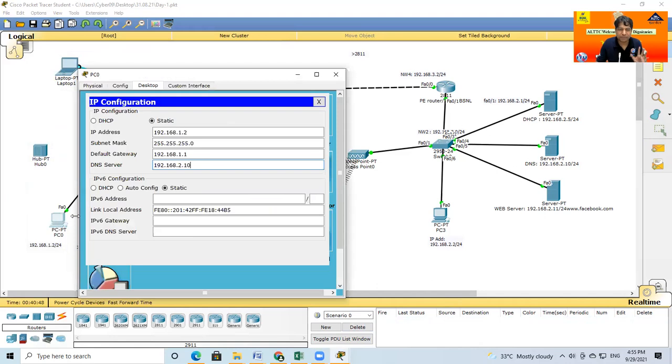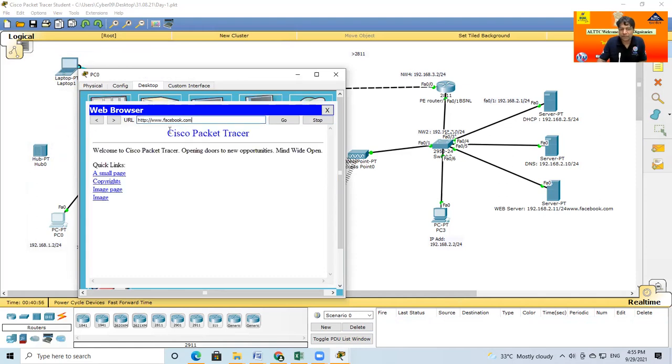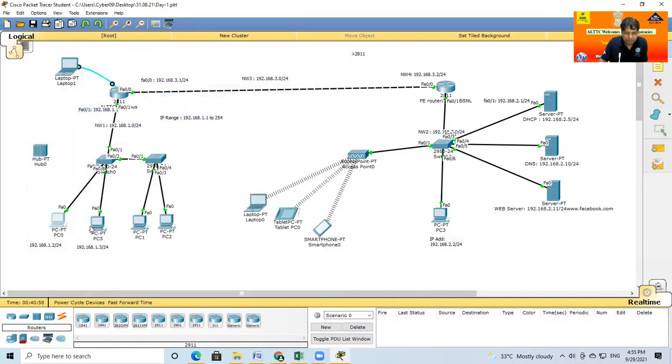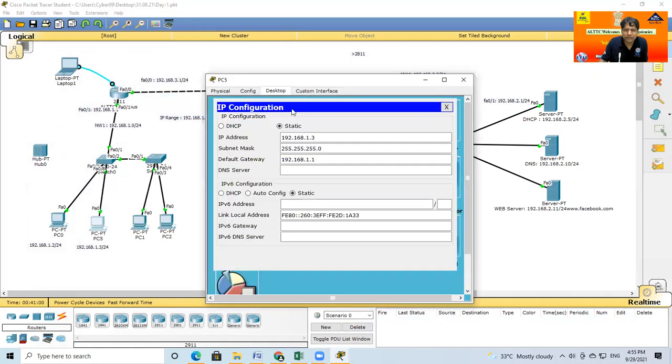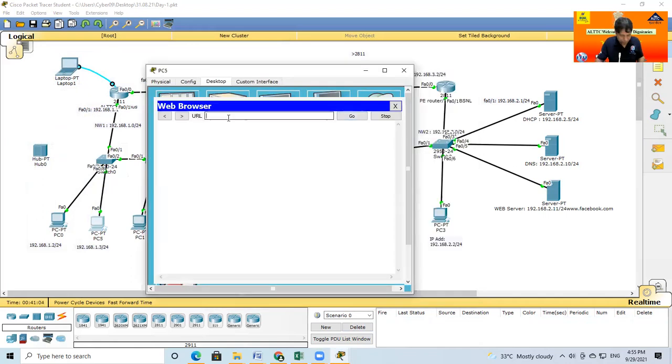So now click on PC 0. Go to the web browser. Again here type www.facebook.com. So this page opens. But in PC5 there is no DNS. Okay, so what happens in this case? You also see here the port, www.facebook.com. Okay, so my computer is confused. There is no response, not even host unresolved. It is just confused. So what is this? There is no DNS, no communication.